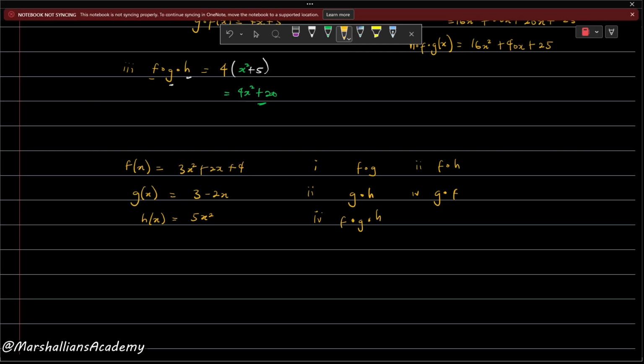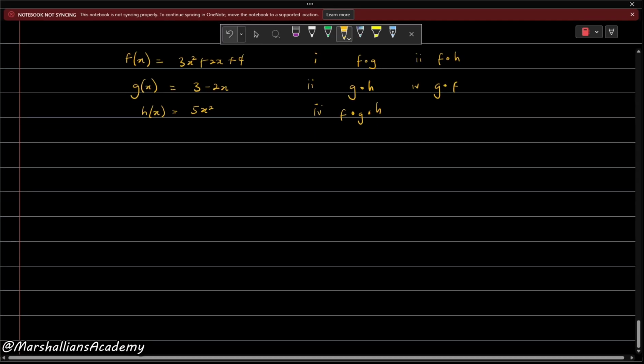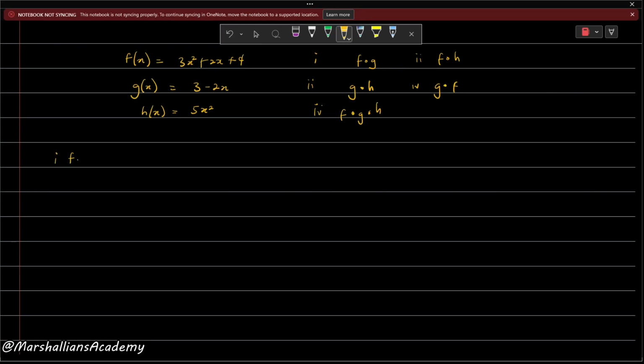Imagine these are the three functions you are told to find. Let's start from f of g. If we start from f of g, following what we have learned before, it means g's function is inside f. So we are going to start from the exterior, f. And we are going to be writing 3x squared plus 2x plus 4, which is f. And inside every x value, we are going to be putting g's function, which becomes